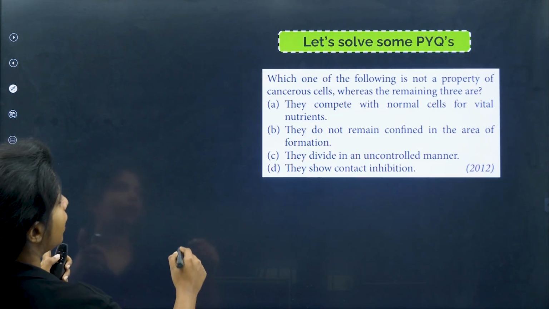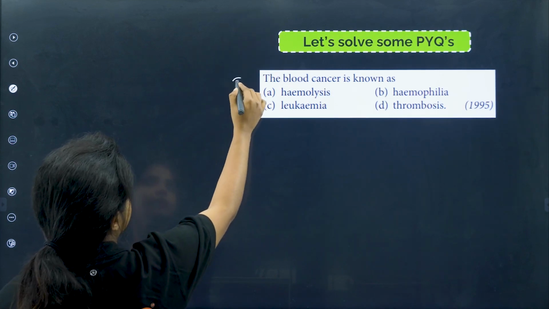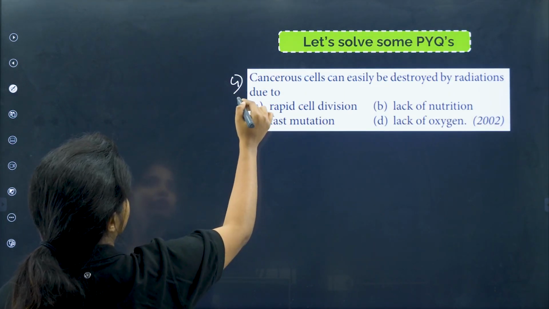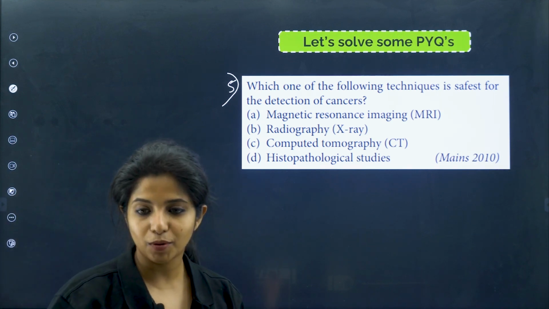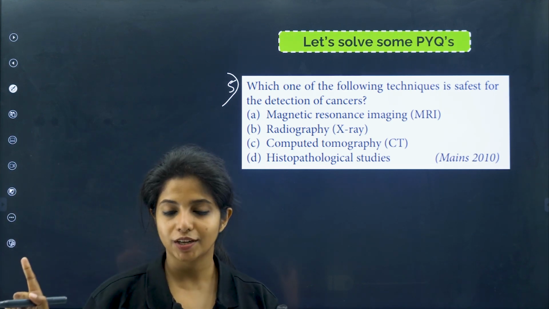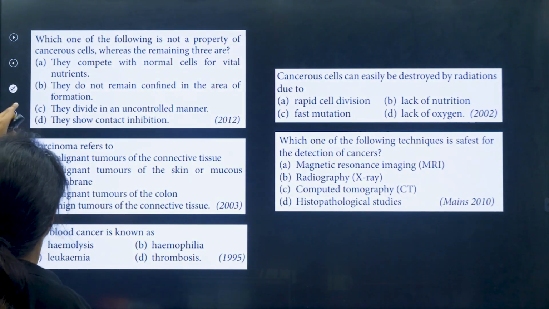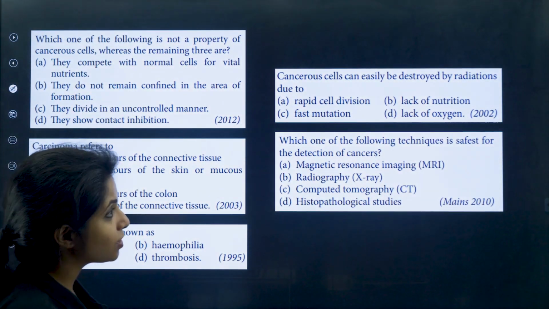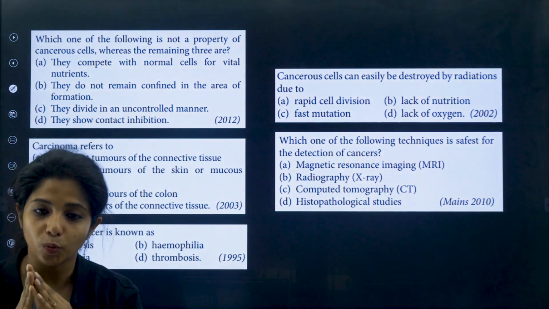So basically, you can give it as 1, 2, 3, 4 and 5. Please answer these questions in the answer box, chat box or in the comment section. I want to see your answers, then only go ahead with my answers. So now it's time to solve my answers. If you have reached here and didn't attempt for yourself, please try to attempt it once by yourself